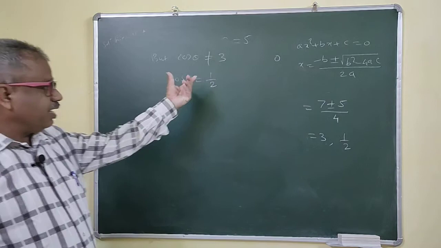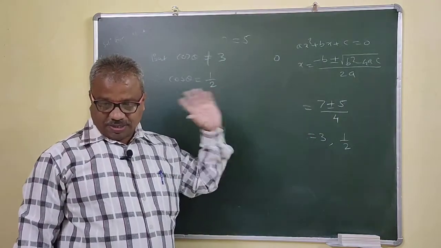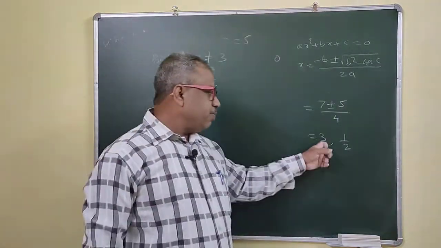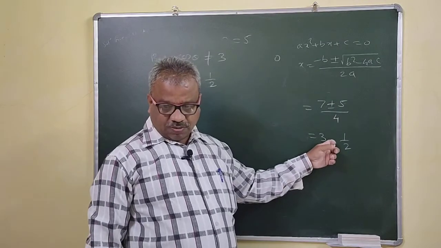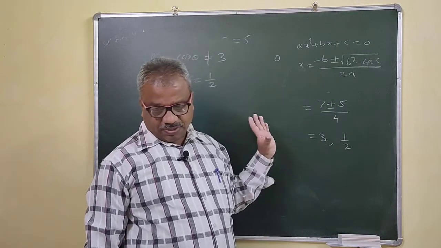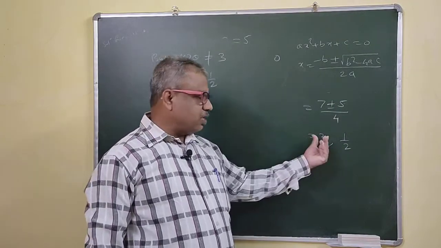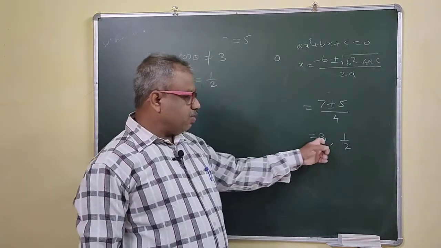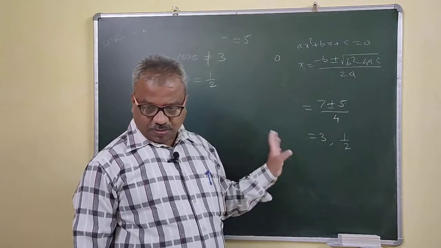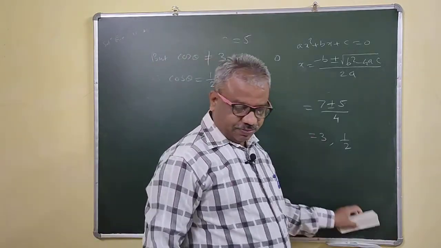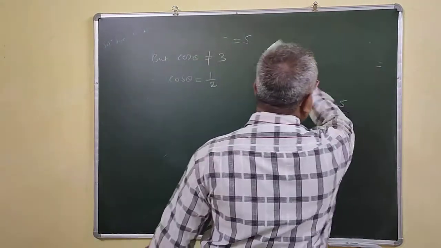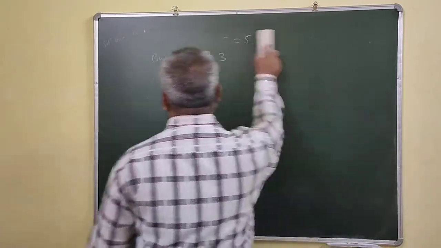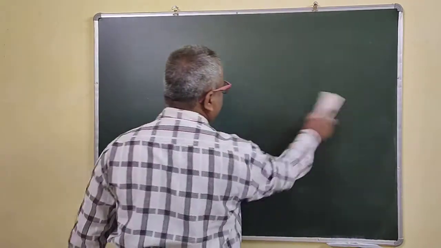So now you get the idea of what is meant by permissible. But if this were 1 instead of 3, if you got 1 here, then both would be permissible values. That means cos theta, this 1 and 1/2 both are allowed. But here 3 is not permissible, 2 is not permissible, half is permissible. Only accept the permissible values, that means only accept the values that lie between -1 and 1.